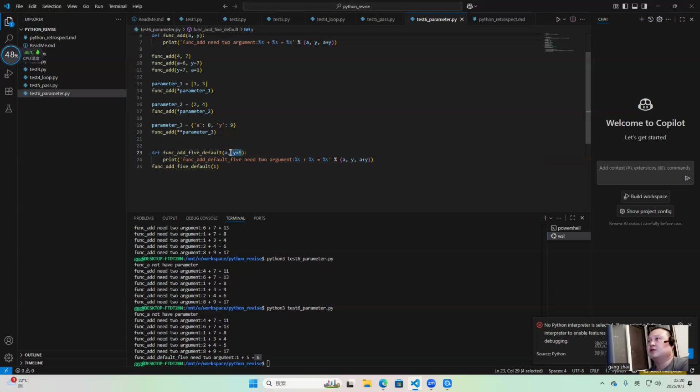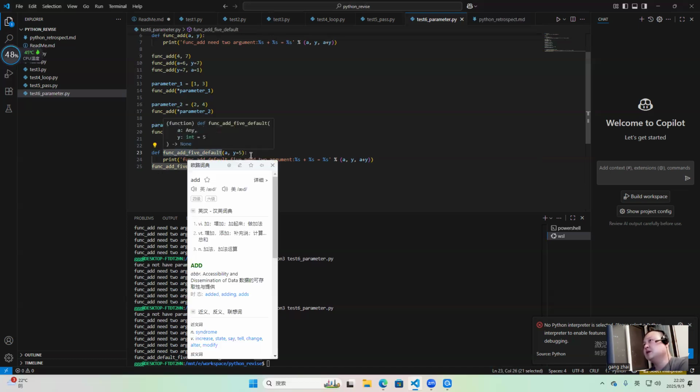So we give a default value, such as for this function that connects to a database. We have many